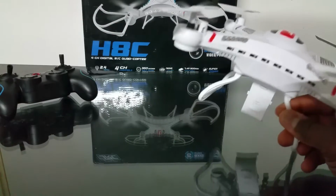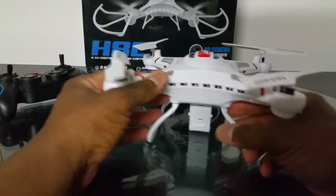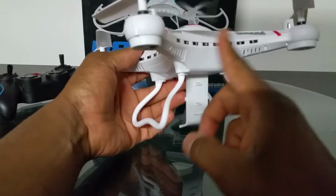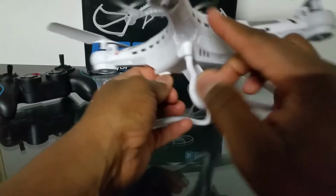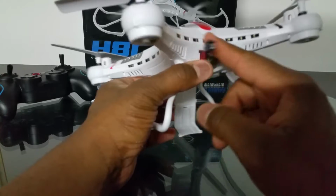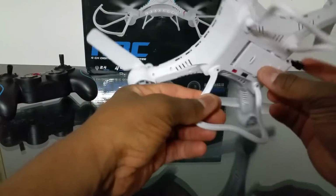It flies sort of like the Cyma. It's really stable in hover. The LEDs on this thing are rather unique. The LEDs are along the sides. There's a bright white row of LEDs here on the front, and then on each side there's a nice colorful blue strip of LEDs, really bright. And in the back you have red LEDs, and so it's really easy to see and keep orientation when flying